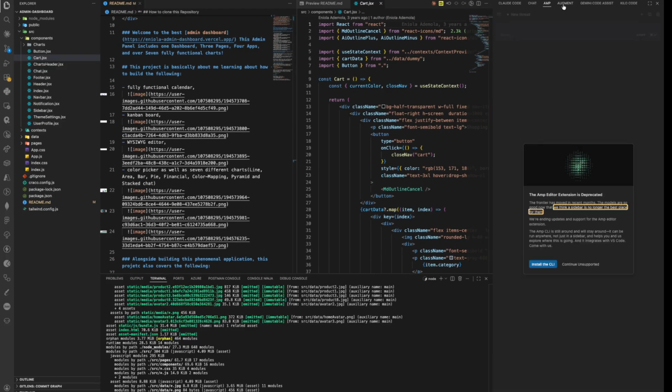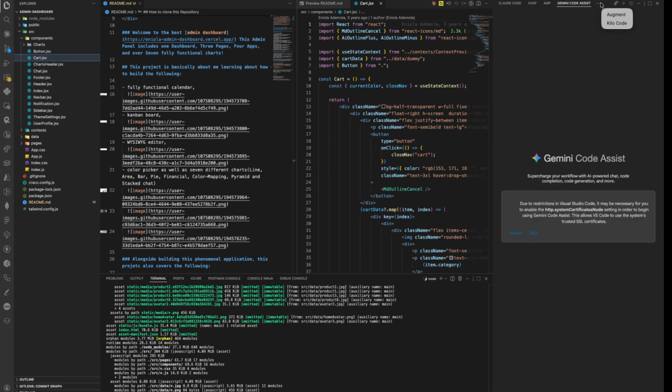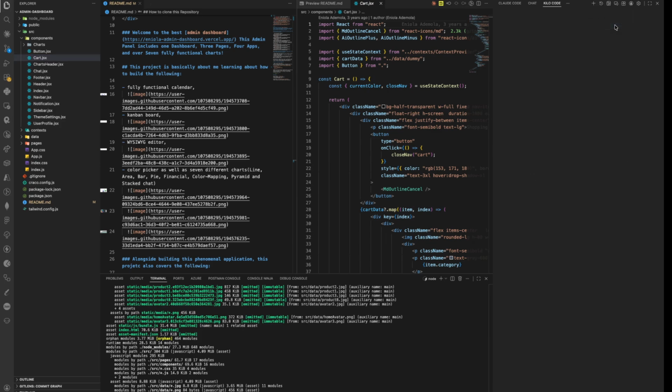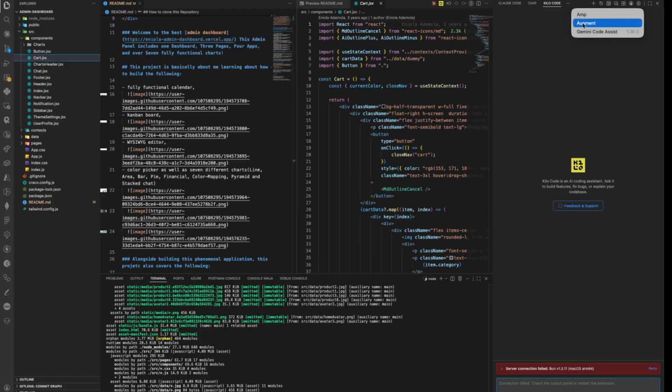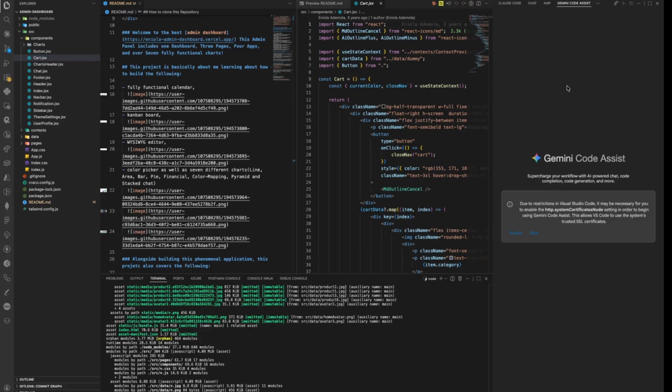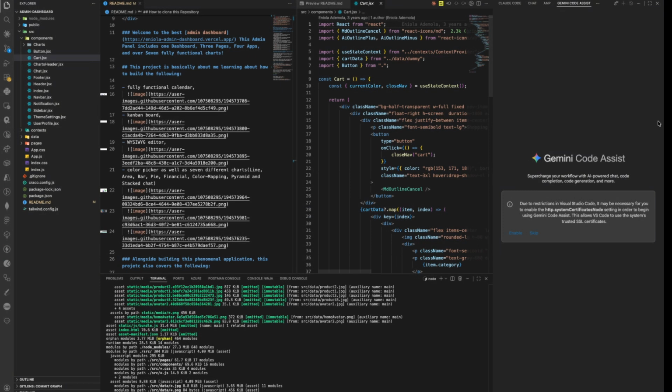I have AMP, I have Augment Code, I have Gemini Code Assistant, I also have Kilo Code, right? So if you want to install, for example, Gemini Code Assistant, all you need to do is, okay, no, I don't want to reload this right now. I'll do that later. But if you want to install, for example, Gemini Code Assistant, just come down to your